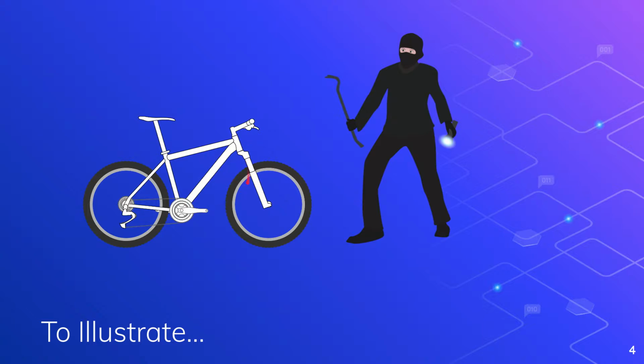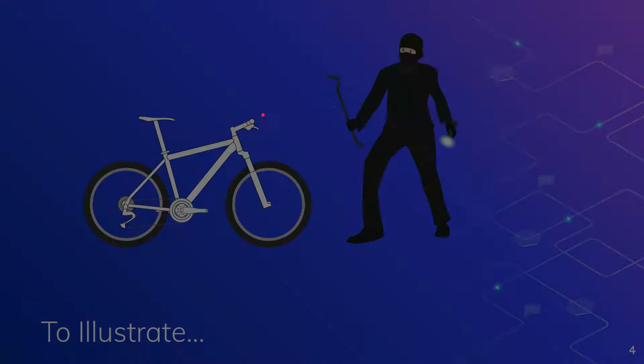There's no key to it. There's no lock to it. There's no butt recognition system on the seat to lock the system, although someone might want to work on that. Anyway, that is a vulnerability. Anyone can get on this bike and ride off with it, or that crowbar can easily destroy things. Those are both vulnerabilities. And so therefore this is a risky situation, and we'll talk about how we're going to deal with that risk next.